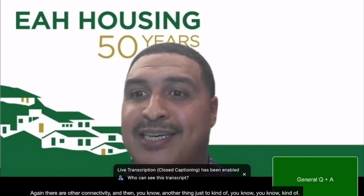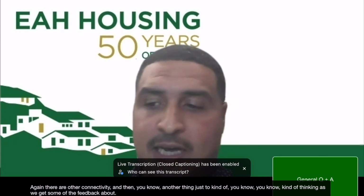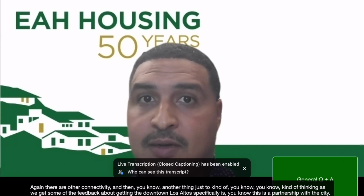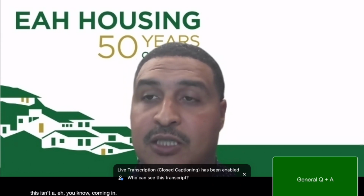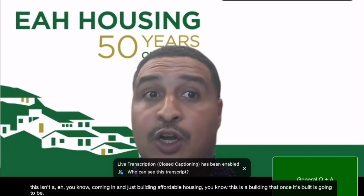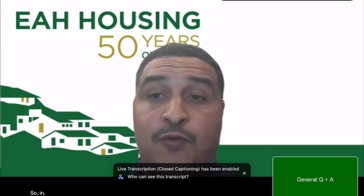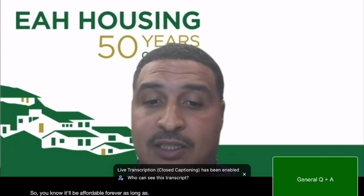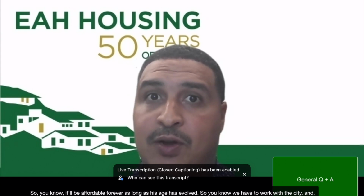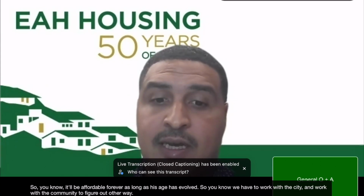And then, another thing, thinking about the feedback on getting to downtown Los Altos specifically, this is a partnership with the city. This isn't EAH coming in and just building affordable housing. This is a building that once it's built is going to be there forever. And it'll be affordable forever as long as EAH is involved. So we have to work with the city and work with the community to figure out other ways, because we can't,